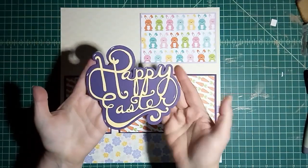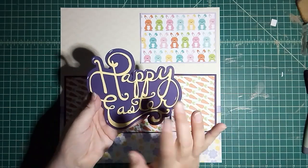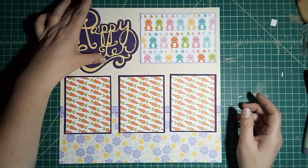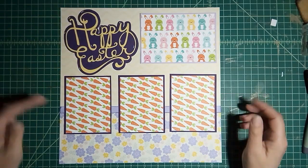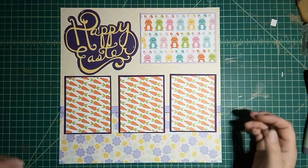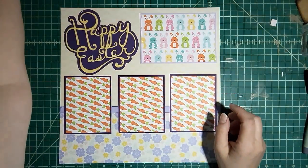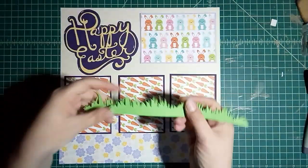Then I have this Happy Easter, and all of my paper piecings come from Silhouette, and they were the free ones that they give out every Tuesday. So I've had this in my library for quite a long time. Okay, then I have these